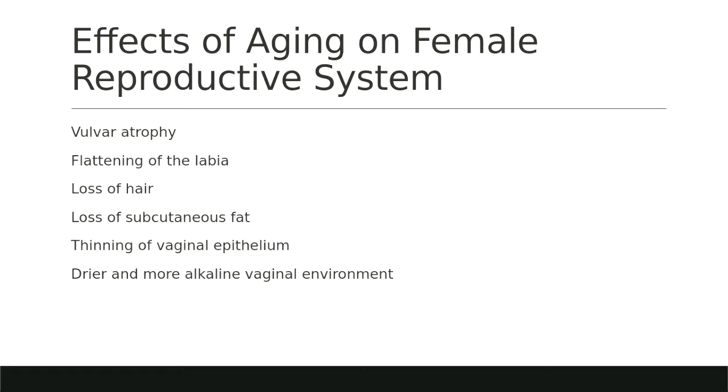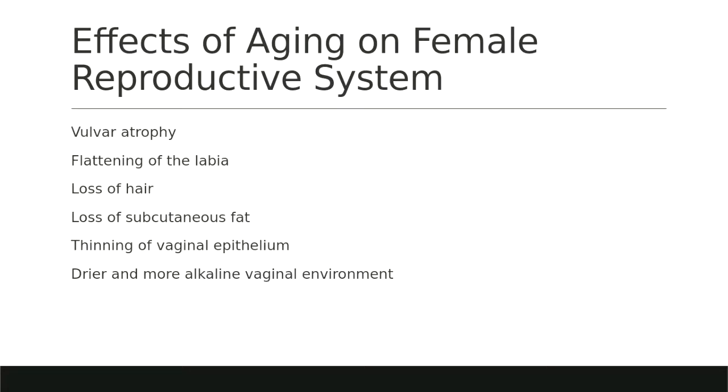So we are focused in this class on the older adult and changes in the older adult. And some of the changes that occur to the female reproductive system are, they're all listed here, but in general, you can think of it as a general atrophying, thinning of tissue. You lose subcutaneous fat. And so that can make